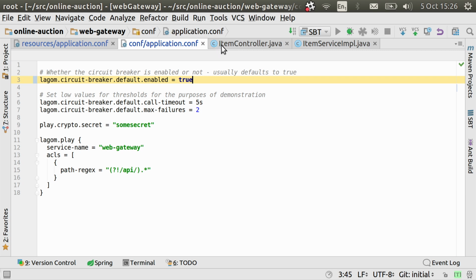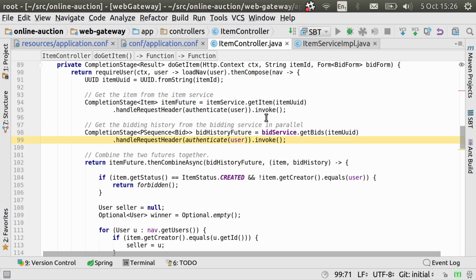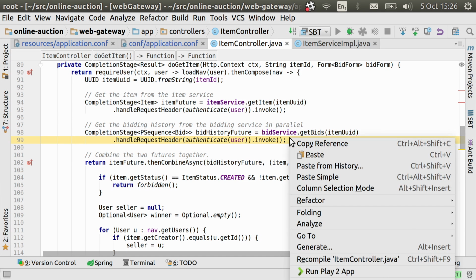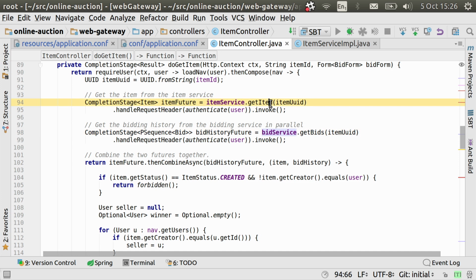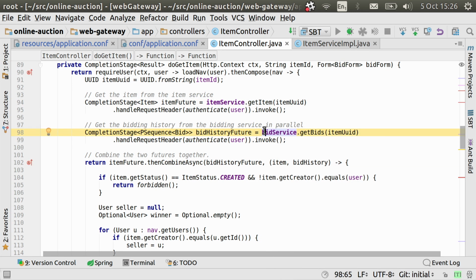Here's my play item controller here. And this is making the call to the bid service just here. So you can actually see here I make the item service call, the bid service call. These are returned futures, so these are both done in parallel, and then I combine them here with the Java completion stage API. So what I'm going to do on the bid service call